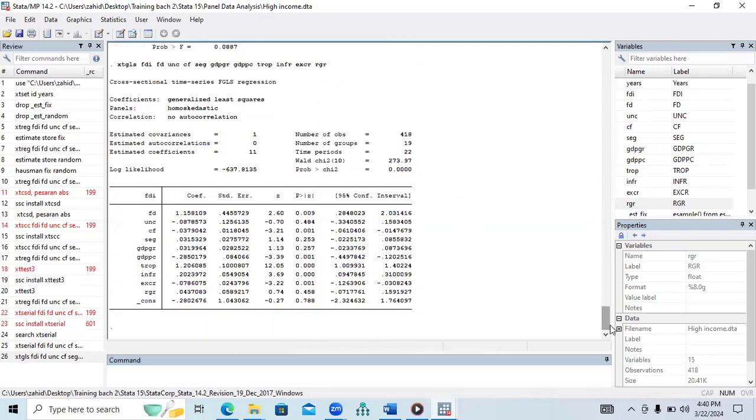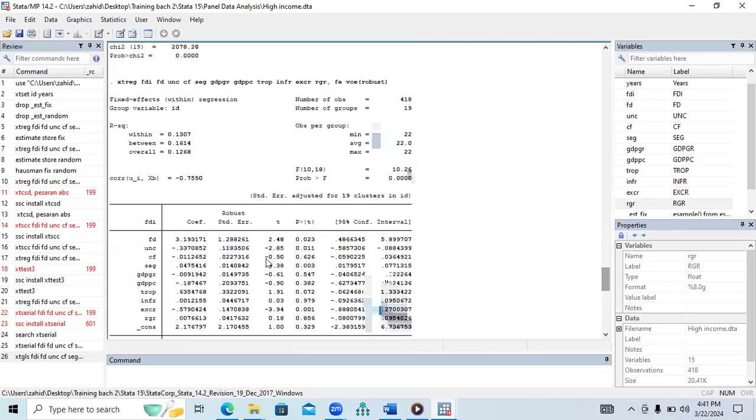But in FGLS, uncertainty was negatively impacting, but this is not significant. While the capital formation was negative and significant using this command, previously the capital flow was